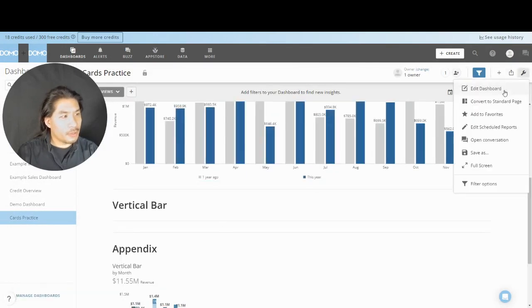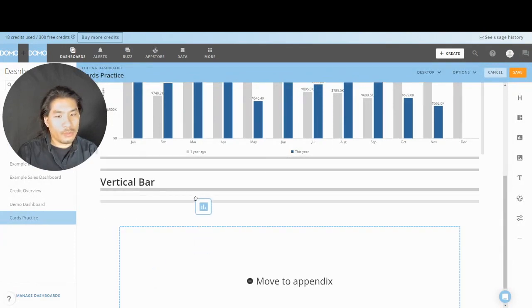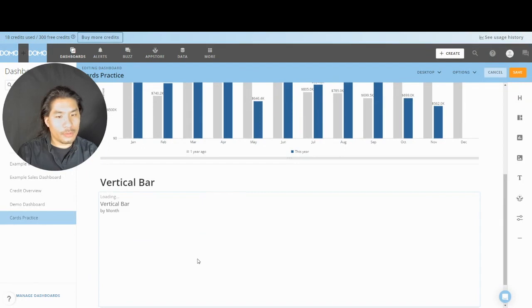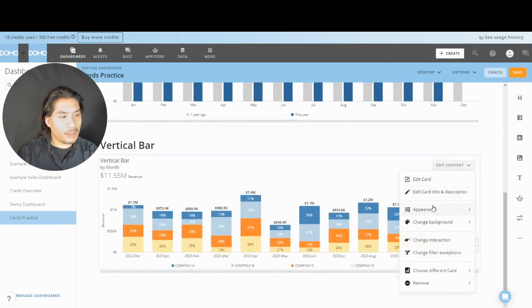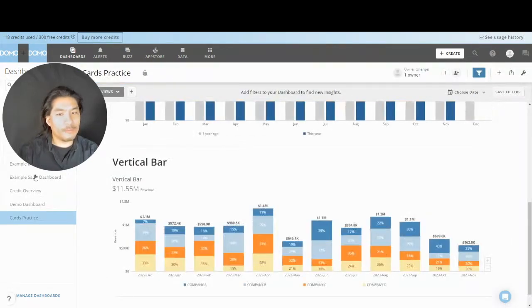hit the big wrench, edit, and drag it to right underneath vertical bar. And I'm going to hit edit, appearance, and get rid of timestamp. All right, there we go. Vertical bar